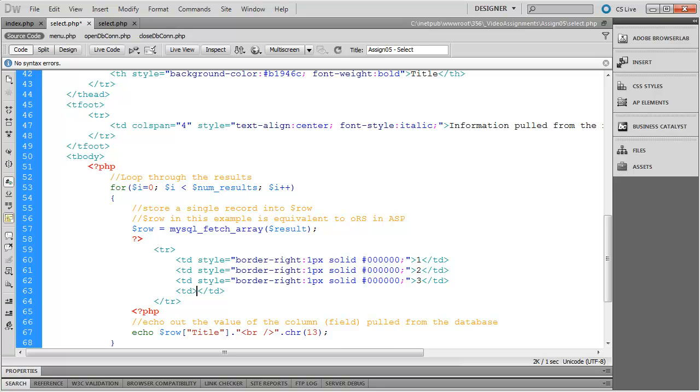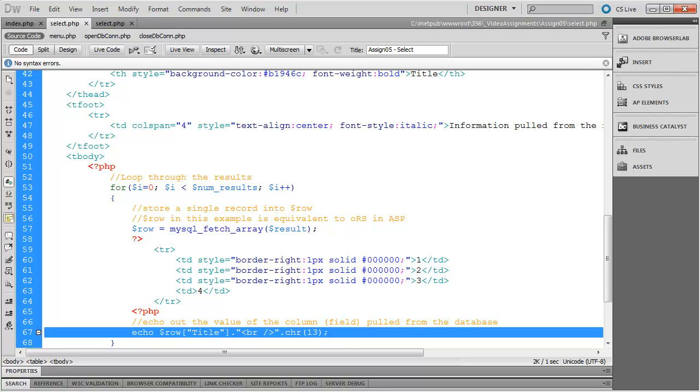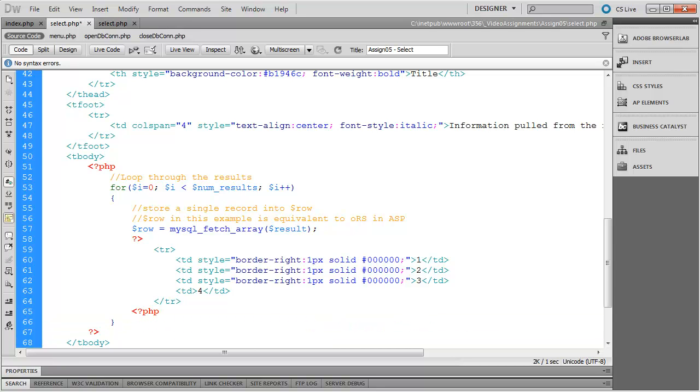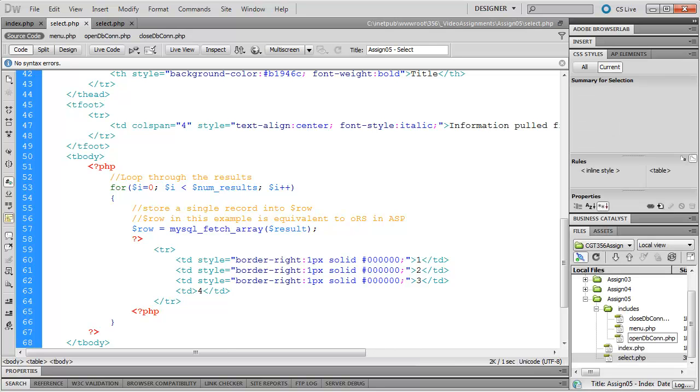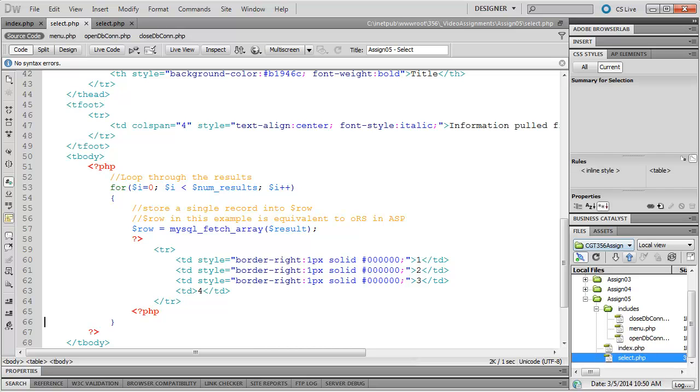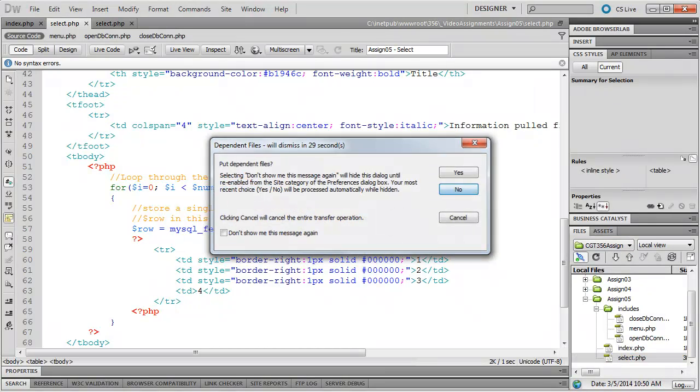And then we're going to save this and kind of see what it looks like here. This echo row is going to look a little funky though, so I'm just going to cut this out for the time being. Control X and save that. We need to push it up. So we'll come to select, push it up to the server,